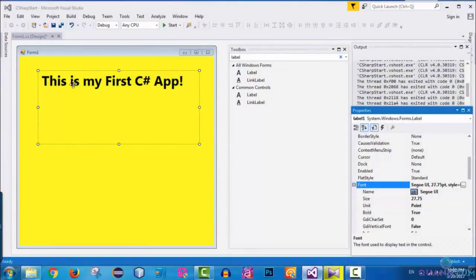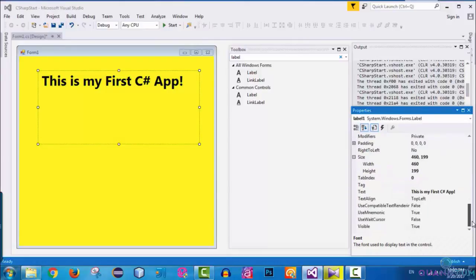And now as you can see, this text is not centered inside this label, right? So I want this text to be centered horizontally inside this label. So we need to find the text alignment attribute, the text align. So select this label, and here as you can see we have this text align attribute, and just click on